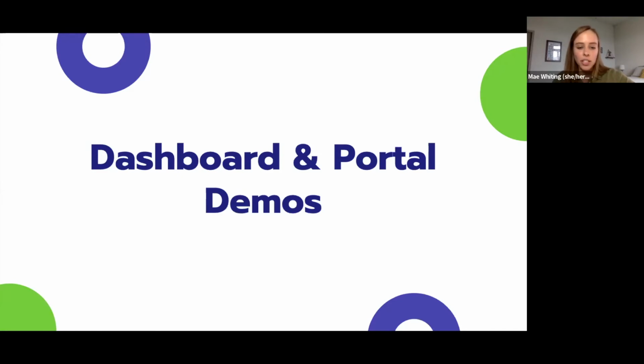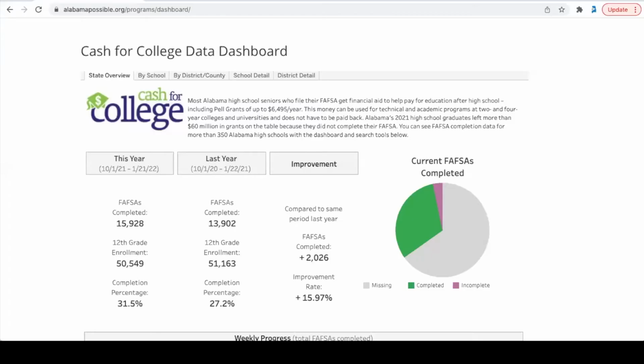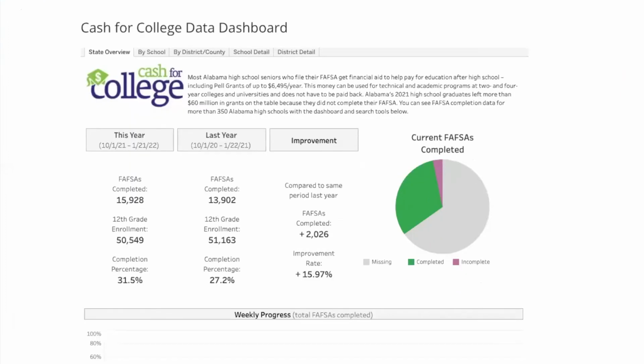So we're going to start by looking at our Cash for College data dashboard. I'm going to pull that up right now and share my screen. Let's see. Okay, so here is our dashboard. I'm just going to give it a quick refresh.